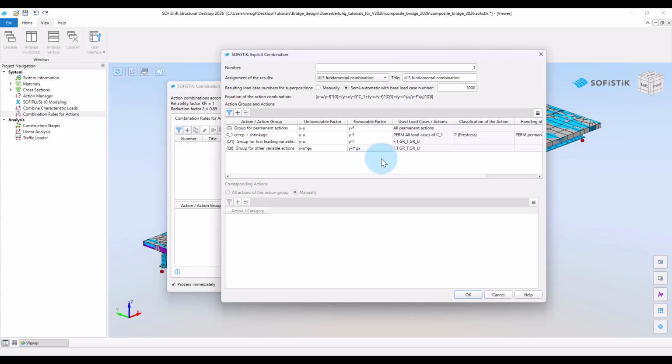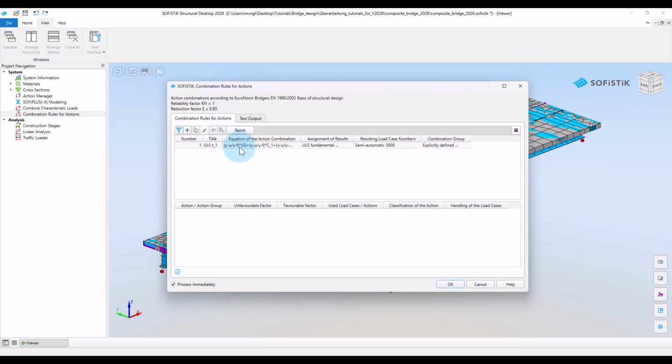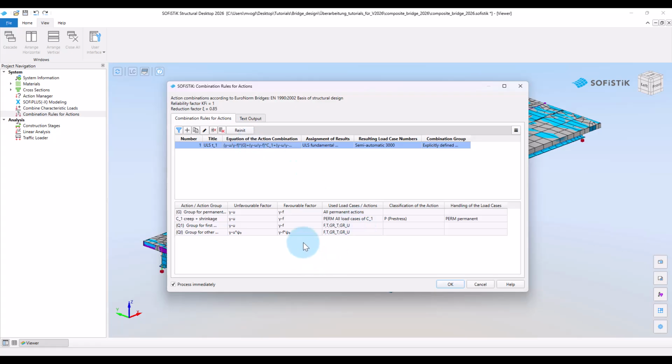To distinguish this combination for the time traffic opening, we finally adjust the title and create the combination. Note that by clicking on the combination, you get an overview of the assigned actions and factors.